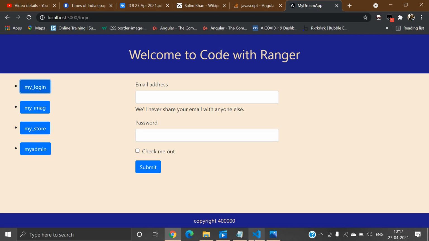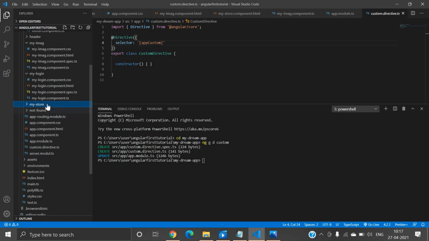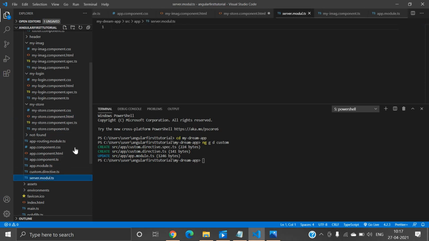So let's use a custom directive on one component. Let's say you can use it inside my store component. Let's move on to store.component.html. First of all, let's use this custom selector.